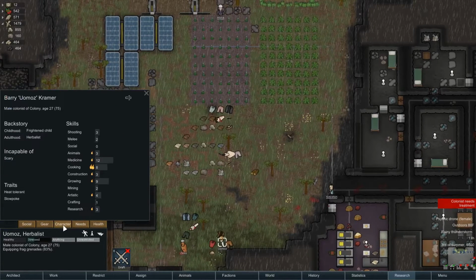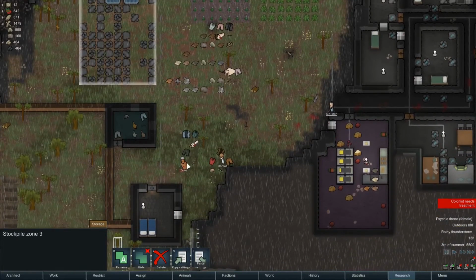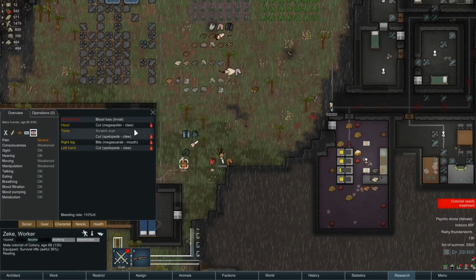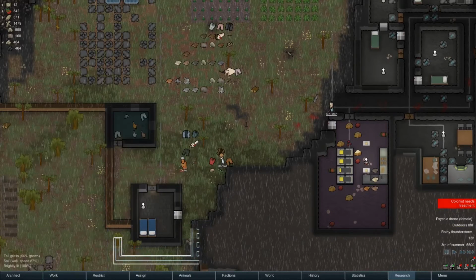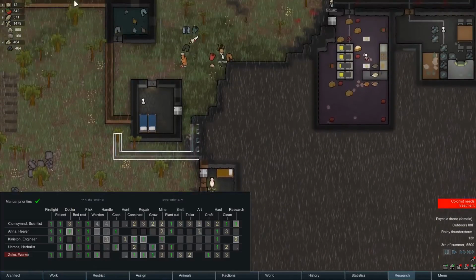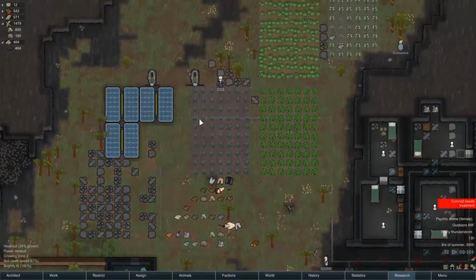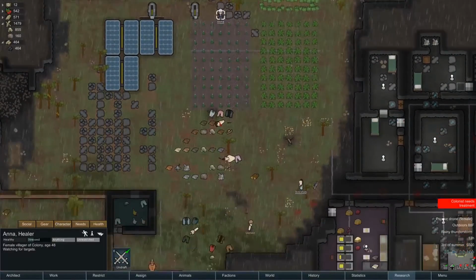Now, who runs? Okay, Umaz is definitely not the person we want running. And Zeke is actually hurt. Cut, cut, cut, cut. And Umaz should be our doctor. Or no, Anna or Umaz will be doctoring here. So Anna, I guess